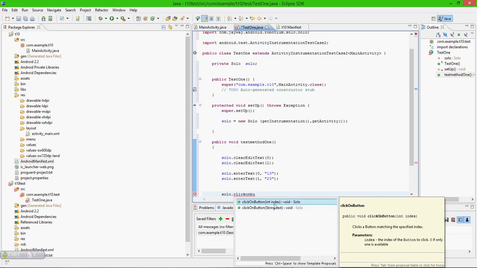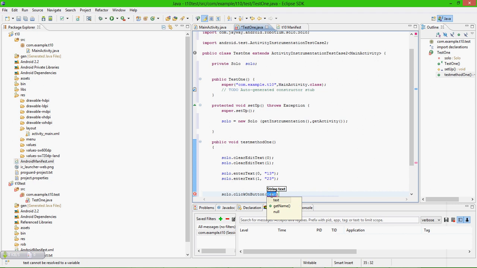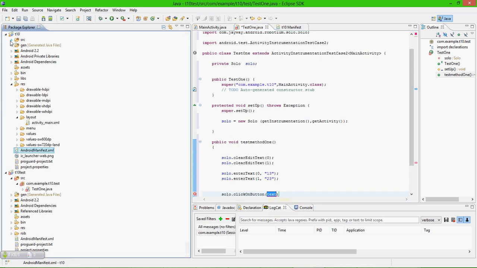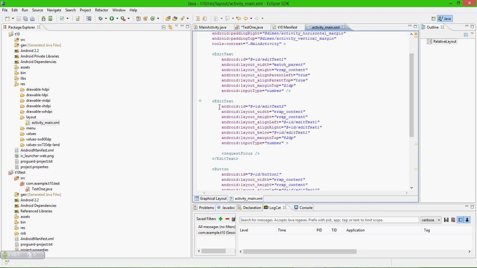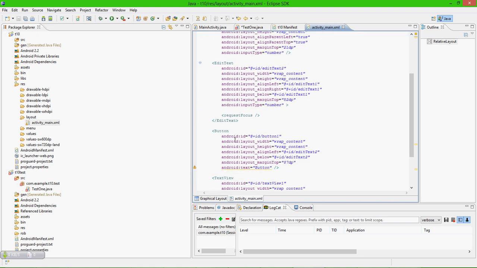At the moment I'll be taking the second one, which identifies the element from the string value. The way to identify the string value is to go to your base project, the project that you need to test, and inside the resource folder under layout there's a resource XML file named activity underscore main.xml. Just identify your button